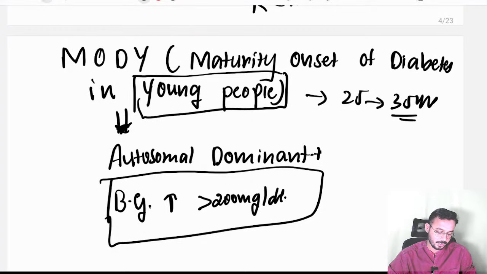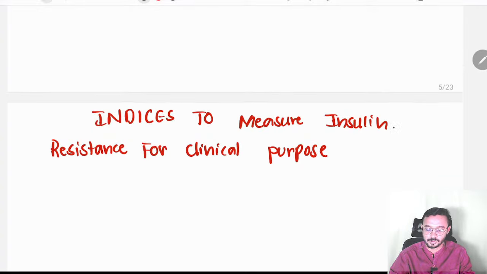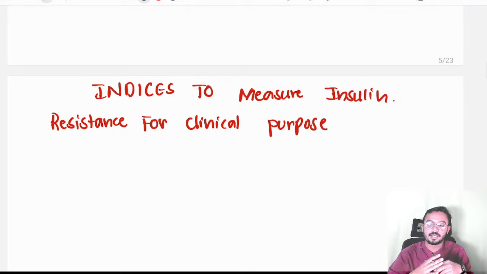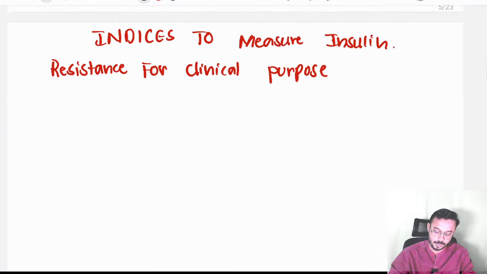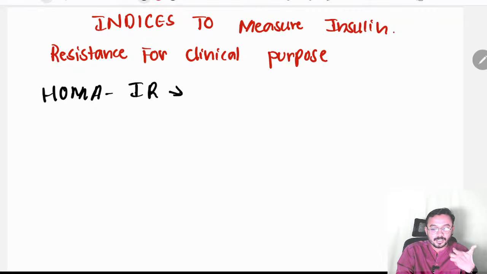So what actually happens in this condition? There are a few tests that recently we used to get in some exams, if you want to measure insulin resistance. Like this MODY guy I told you about, the young guy, he can come to you and say that his grandfather and father have diabetes, he is not diabetic, but he wants to know if there is any chance he can get diabetes. The test you are going to do is HOMA-IR. This is used to measure whether the person is developing type 2 diabetes mellitus or insulin resistance or not.